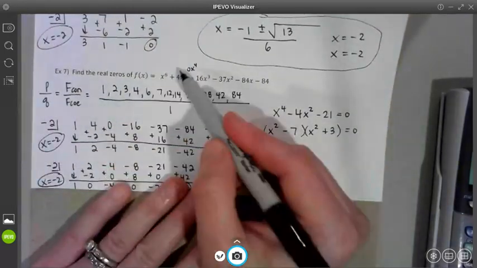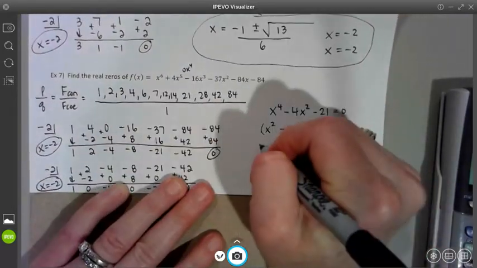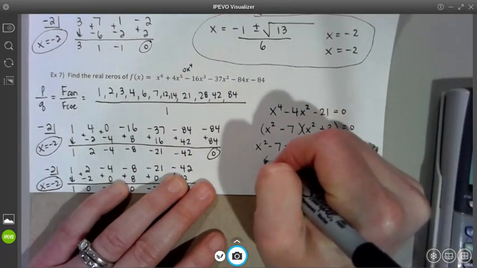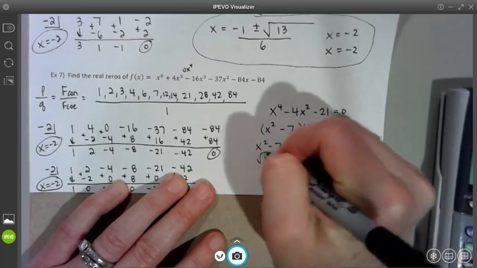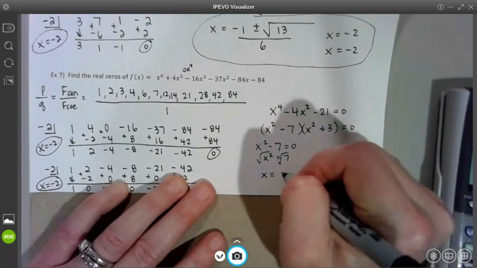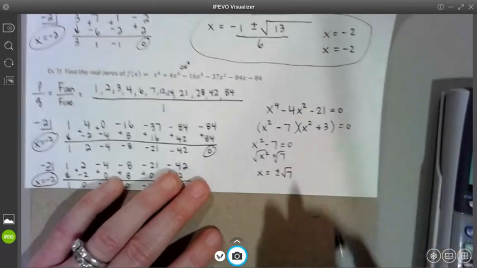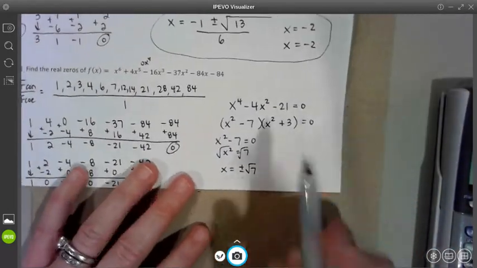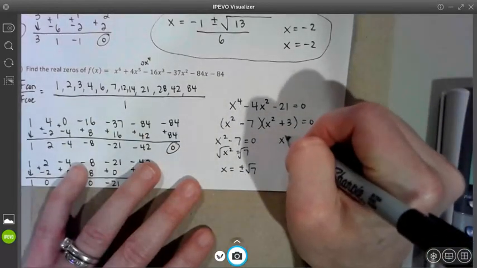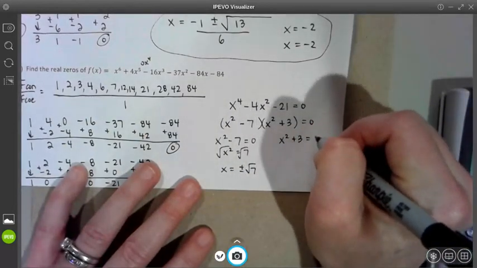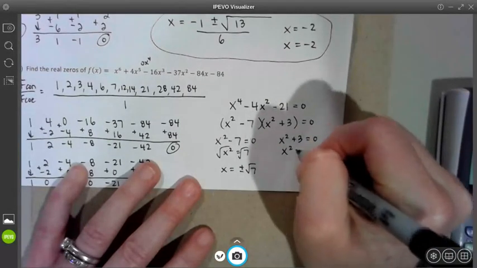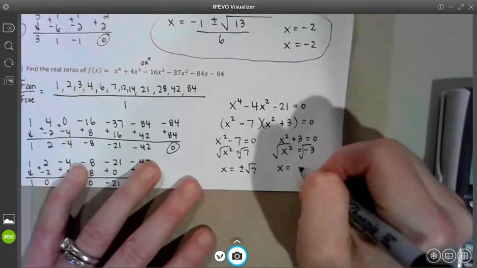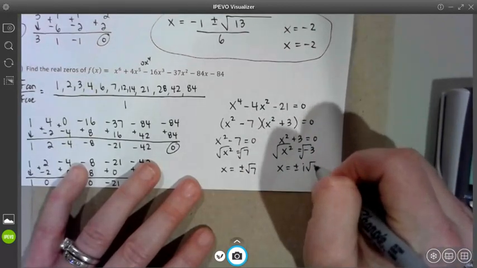We already have 2 out of our 6. Let's get this one. So if I set x squared minus 7 equal to 0, I get x squared equals 7. Use my square roots. X equals plus or minus root 7. So now I have 1, 2, 3, 4 out of my 6. All right, and then if I set x squared plus 3 equal to 0, I'm going to get x squared equals -3, take the square root, and I'm going to get x equals plus or minus i root 3,